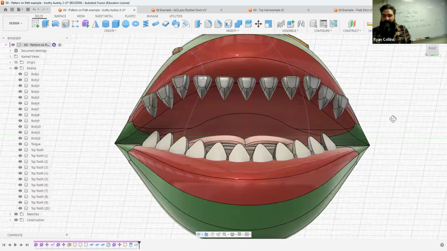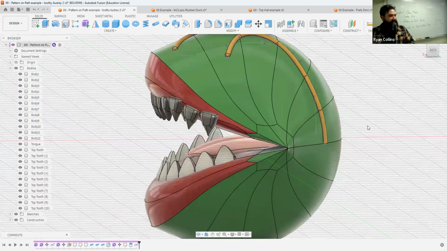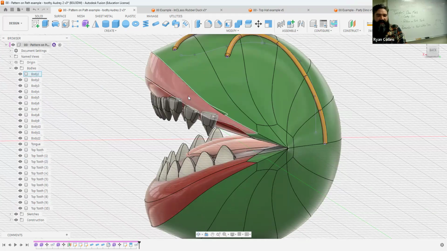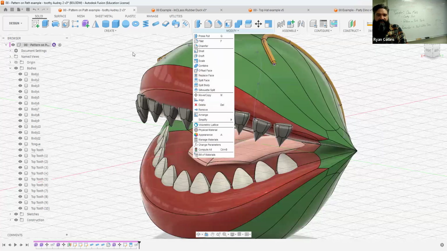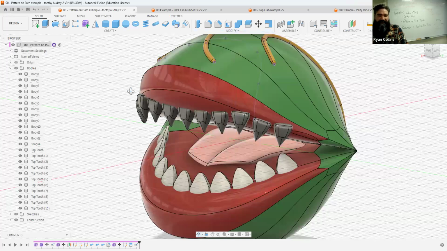Hit OK. Now, granted, my line kind of went further out than I meant to, so I can always go back and readjust that line. But using the split faces, that simply applies that line to the faces and subdivides the faces. That's all it does. Granted, we played around with a little bit of offset face. You might be able to play with that some more, but the main thing I want to show you is just